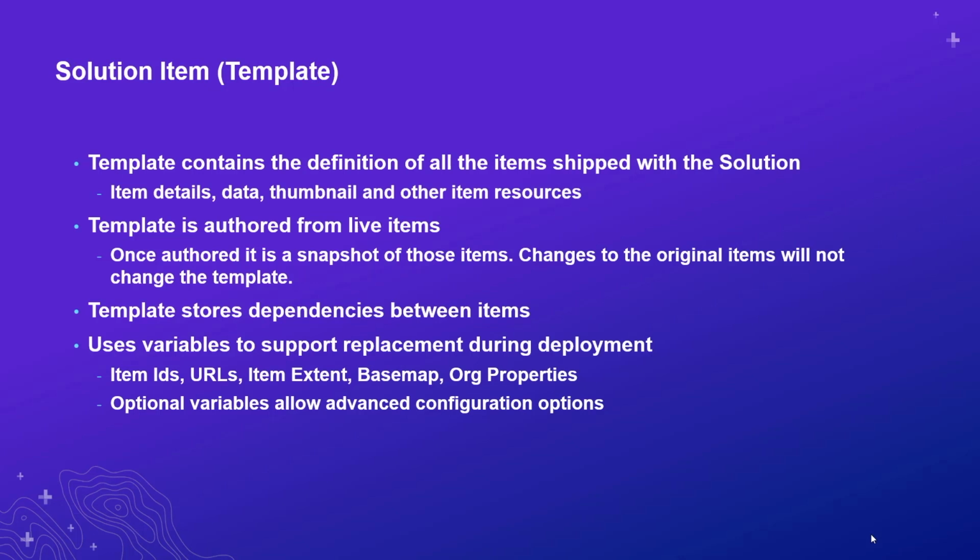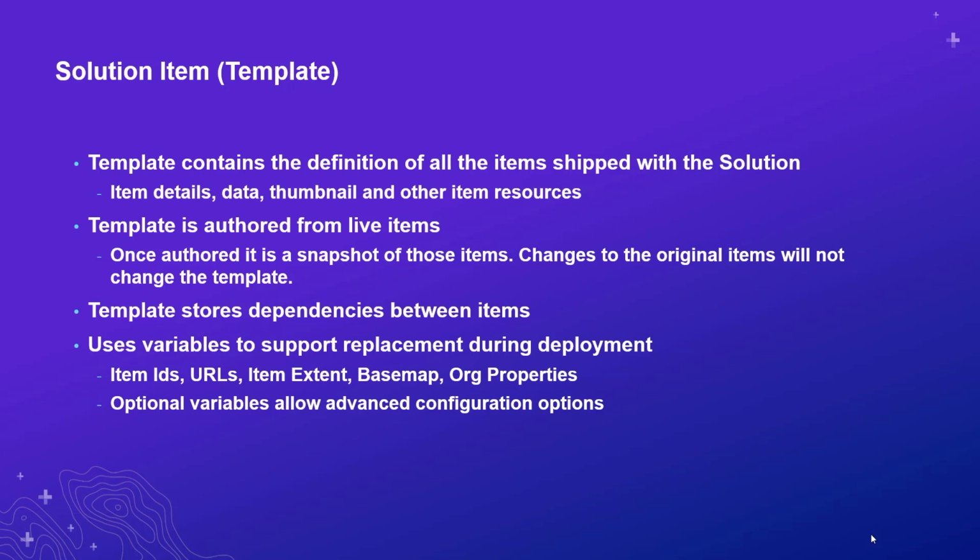And when we lay down the new web map, we can update the reference to the URL and item ID to the new feature layer that was created in deployment. And when the web app is created, we can point it to the new web map that was created during the deployment. And we're storing variables to support this replacement. So we're replacing item ID references and URL references with variables so that we can easily swap those out during